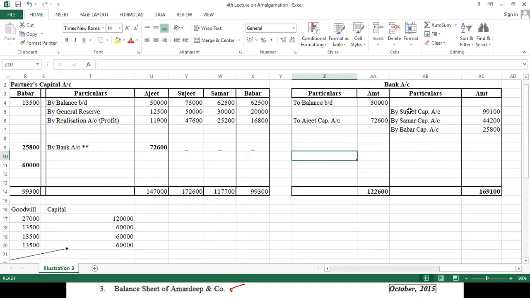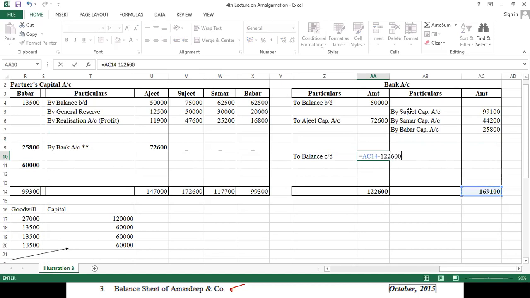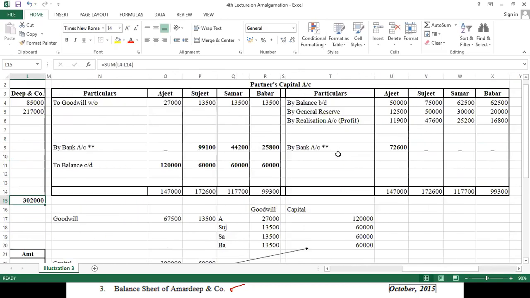Now my credit side is heavy, तो मेरे पास सीधा क्या आएगा बेटा? बैंक ओवरड्राफ्ट। तो यहाँ पे मैं लिखूंगा to balance carried down to balance sheet, difference amount is 1,69,100 minus 1,22,600, तो ये मेरा क्या हो गया बेटा? 46,500 is my bank overdraft. Let me put star mark here so that we can know this is a balancing figure. Now coming to the balance sheet,